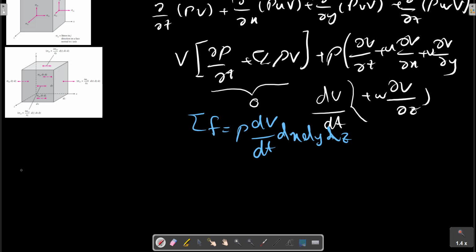We have also some other forces, such as the force due to gravity, which is sigma F equals rho g multiplied by dx dy dz,